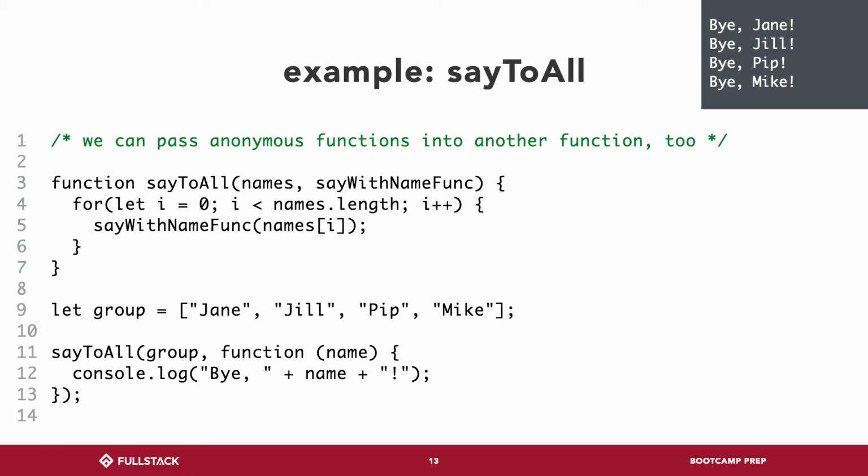No, it's just a parameter. Group is names. Function is sayWithName. Func. This is just a parameter. It's an argument. Yeah. But you could define the function in the argument if you wanted to, which is what this is doing. So since sayWithName function has already been passed,